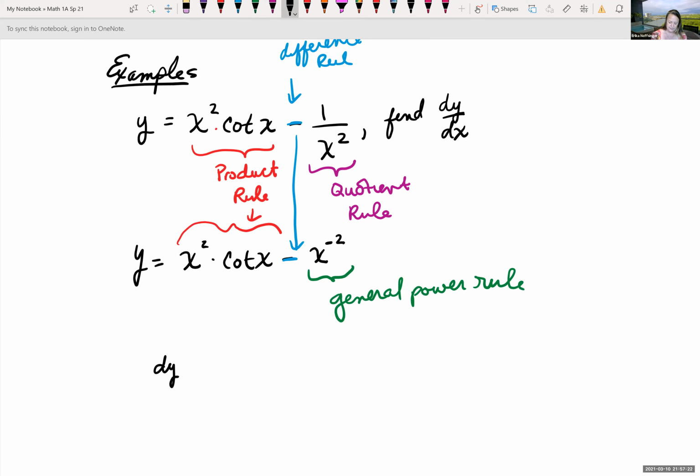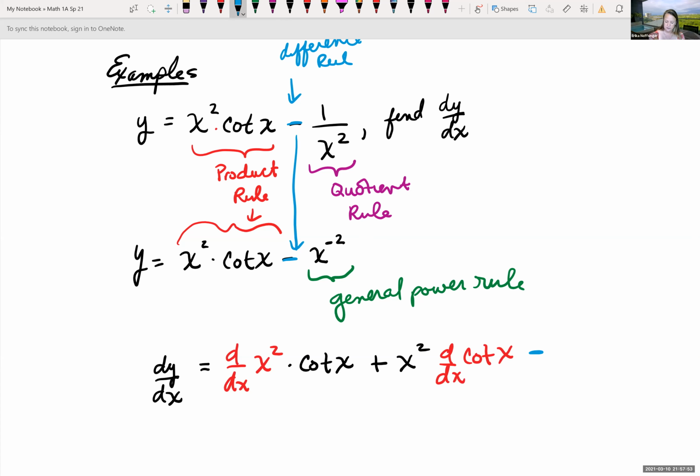So dy dx, we're looking at the derivative of the first. So d dx of x squared, all times the second, cotangent of x, plus the first, x squared, times the derivative of the second, so derivative of cotangent of x,